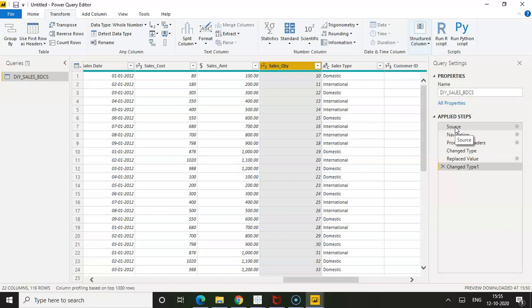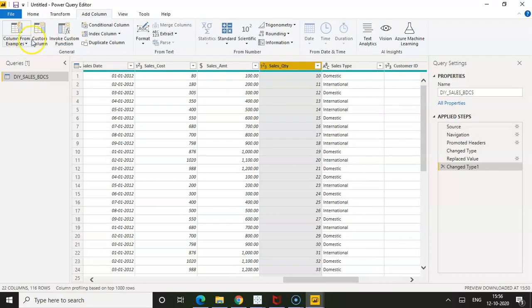Whatever changes we are making here will be applied only to this particular report or dashboard which we are creating. We can also publish these changes as part of this report or dashboard into the Power BI service, and that can be used later also. And every time your data gets refreshed, these changes will also get refreshed when you click on the Power Query Editor.